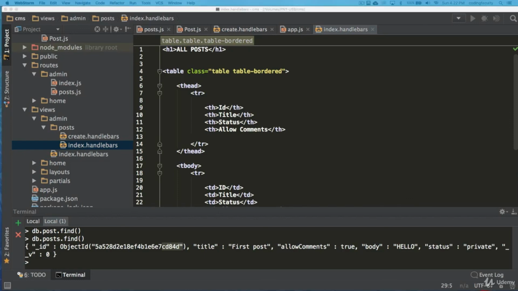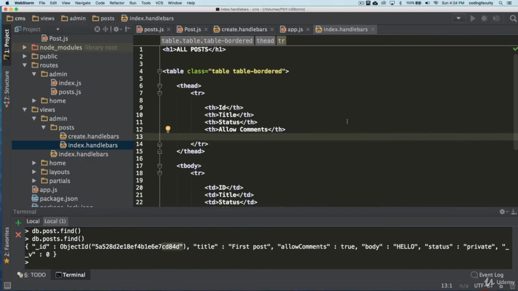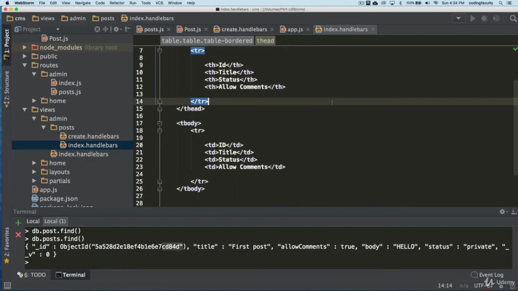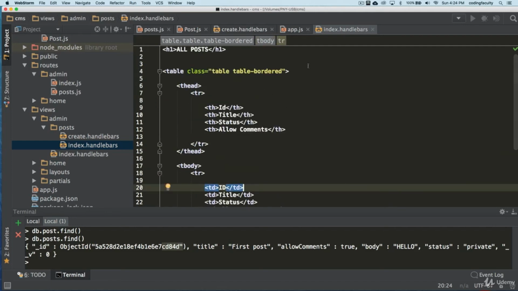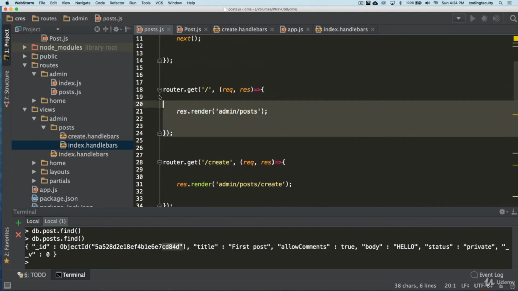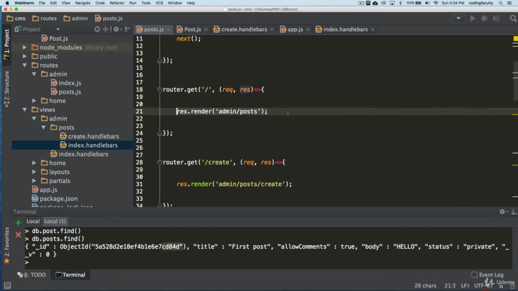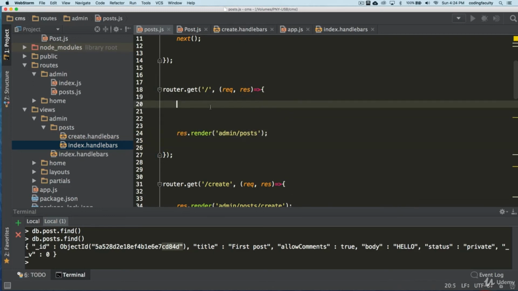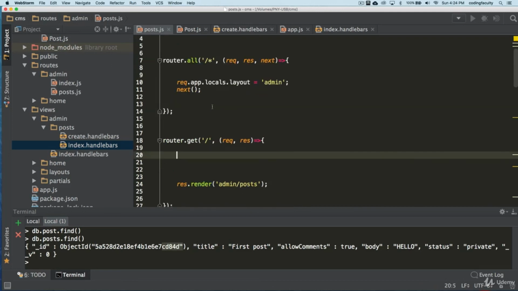All right, so let's start bringing data so that way we can show it here as variables. This is why I like to use template engines, of course, because that's the way we handle data in the view. So let's go to our routes, post routes, and here where we are rendering our posts, well, rendering that view. Before that, we need to pull that data from the database before we get to this point here. And then here in this render function, we can pass in the variable, the posts. Okay? So first we need to query the database.